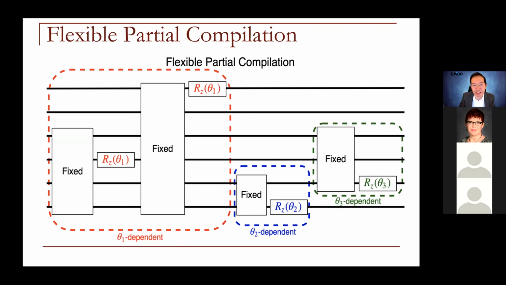And the technique we developed is based upon a fairly established classical technique, which is partial compilation, right? So we are going to take advantage of previous compilations to speed up a compilation where only a little bit has changed, right? So we can break our variational quantum eigensolver into pieces where only one parameter changes, which are these thetas.